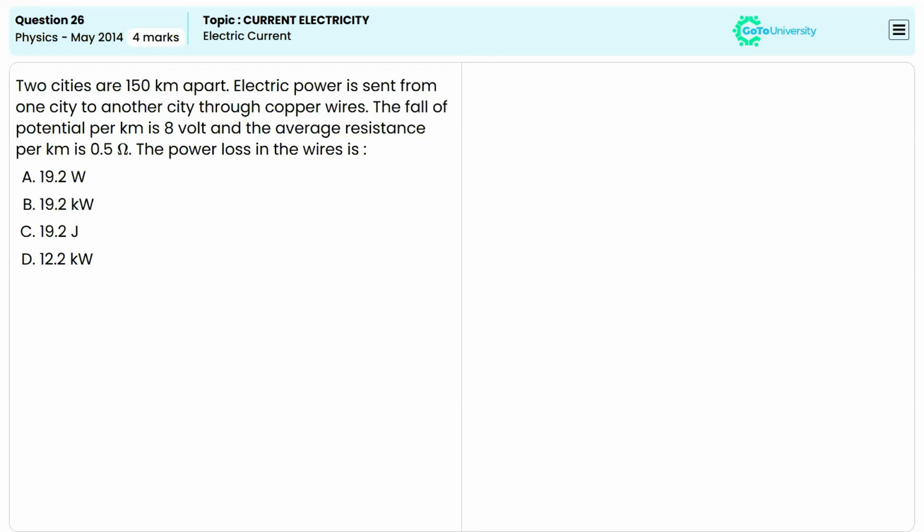In the case of electricity, you have to follow two things. First, you have to know which details are given, and you have to know how to draw the circuit for the given question. And the second thing, you have to know which formula we can apply here. Okay, those are the two important things you have to do first. So here, just solve the question and let me know the answer.